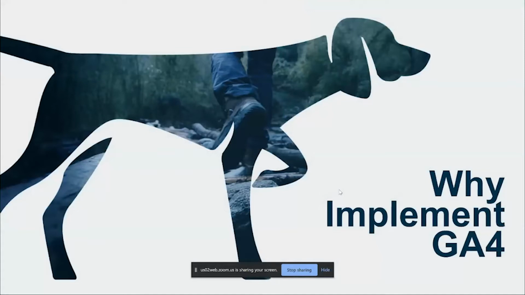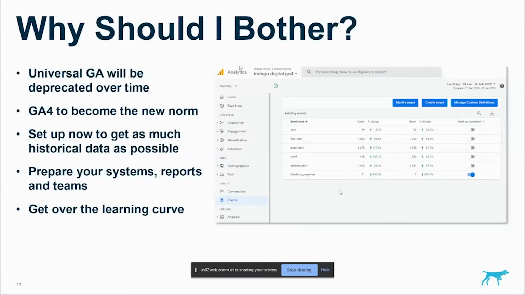Go quickly on why we should actually bother about GA4. As I said, over time, there's been different versions of Google Analytics. This is the 4th version. So the current version that's running in parallel, Universal Analytics, will be deprecated at some point of time. I do remember when Google was transitioning between Classic and Universal, there was a significant amount of time that both systems ran in parallel. I think it was probably 18 months to 2 years.